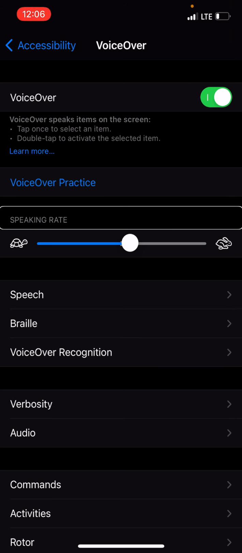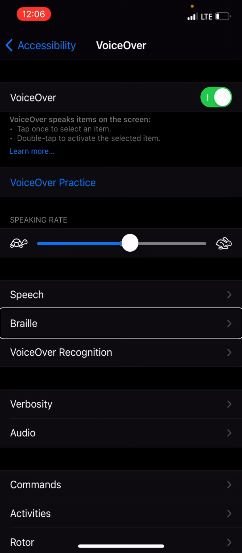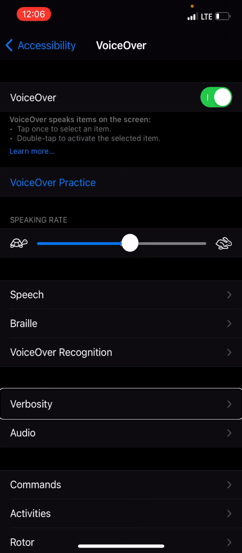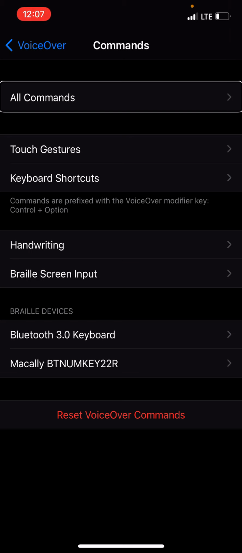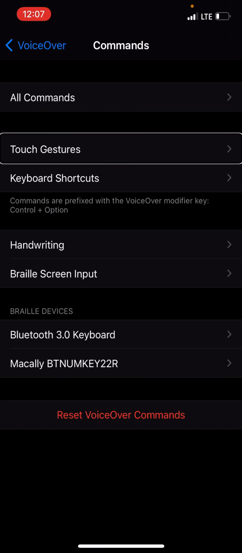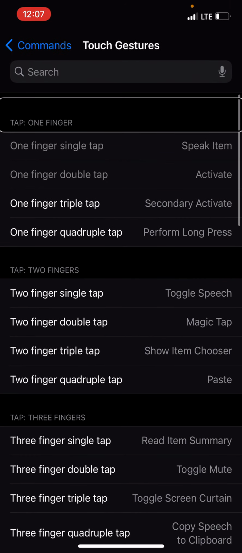Learn more. Speaking rate. Speech. Braille. VoiceOver recognition. Verbosity. Audio. Commands. Button. All commands. Button. Okay, and then after I've double tapped on Commands, I'm going to go to Touch Gestures. Touch gestures. Button. Tap. 1 finger. Heading. Okay, so it puts you immediately on the first category here, which is 1-finger taps, and they sort them